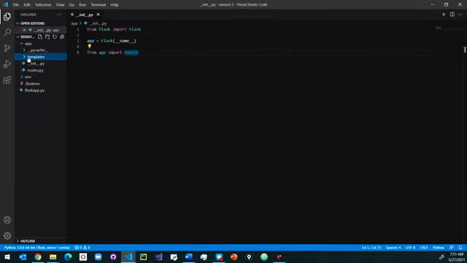Inside this templates folder, I'm first going to create the base file. Instead of using the basic HTML structure, like html, head, body, again and again in all the pages, we can create a base template and then extend that base template to other pages.